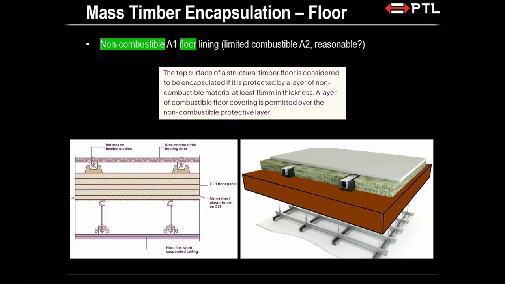And a lot of the time, for CLT floors, because they perform quite poorly from an acoustic perspective, there's often this cradle batten system being put over the top. And if the cradle batten has a non-combustible lining, then you automatically meet the encapsulation for your floor surface. So you can save a few surfaces. A lot of the time when you do a timber building, the floor is a guarantee, because nobody wants a building that performs very poorly acoustically. So the entire floor is going to be covered anyway. So you don't have to specifically try to expose that. You can expose the wall or the ceiling, which is a bit more attractive, right?